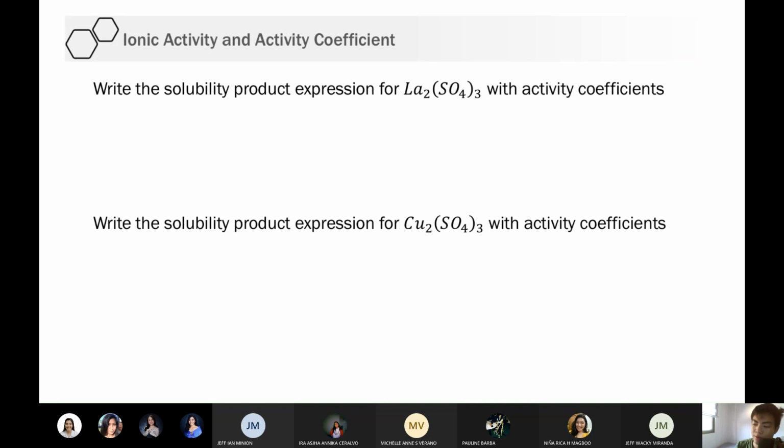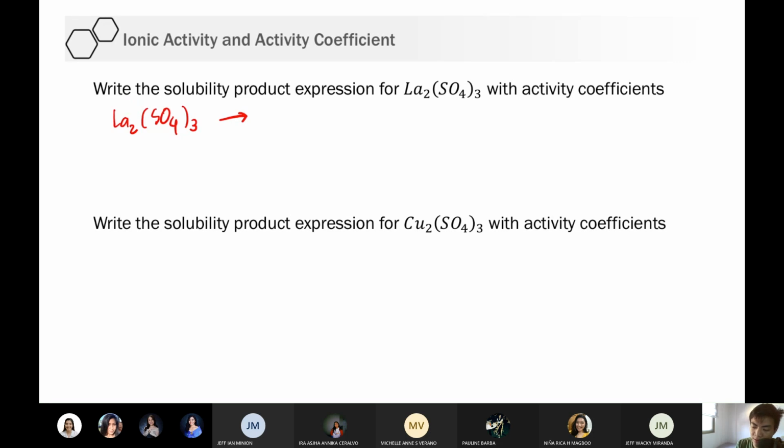Okay, so let's try to answer this problem. Let us write the solubility product expression for lanthanum(III) sulfate with activity coefficients. Before we can start writing the solubility product with activity coefficients, we have to write first the dissociation reaction. So let's write the dissociation of this compound: La2(SO4)3. If you do the reverse crisscross, it will tell you that